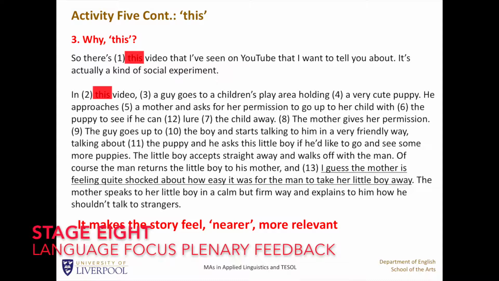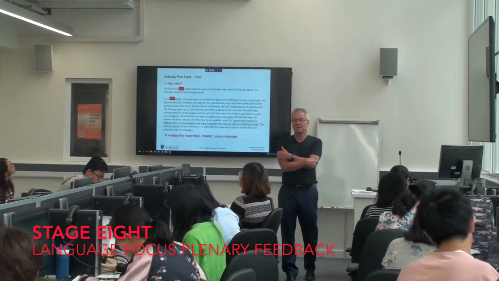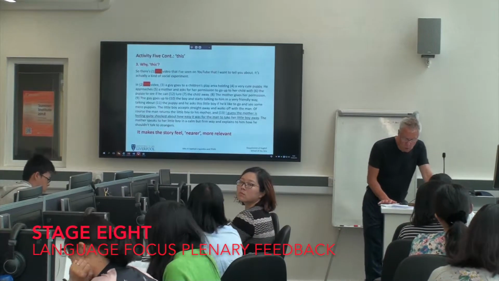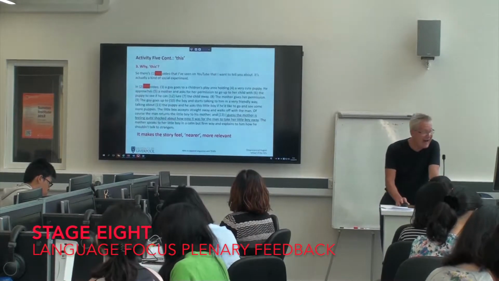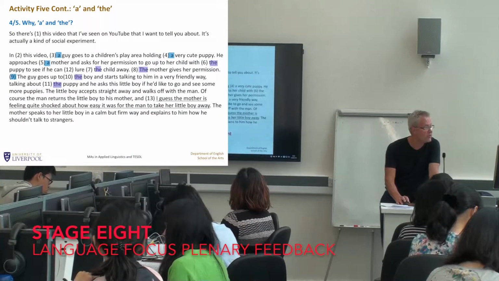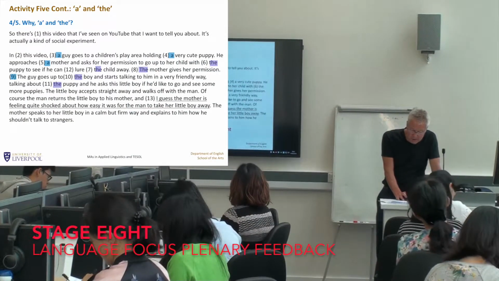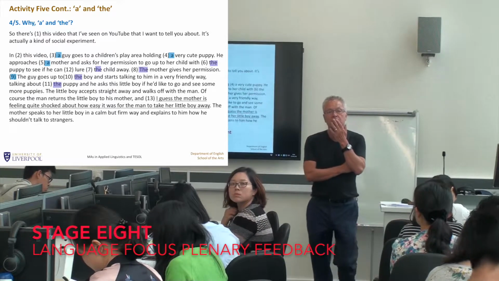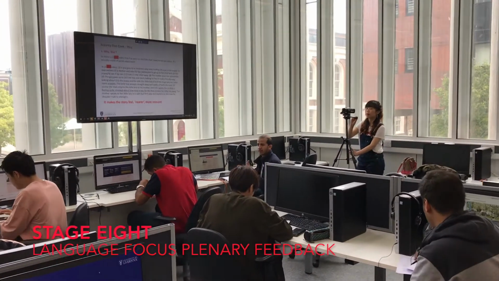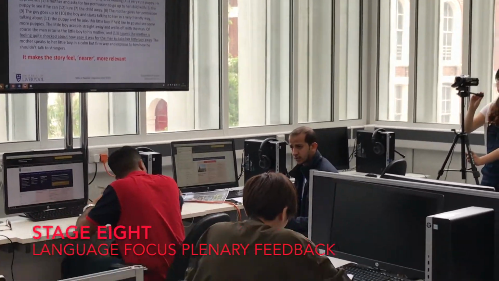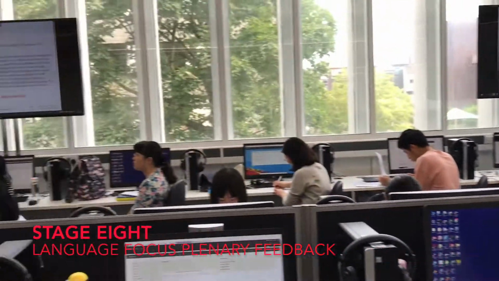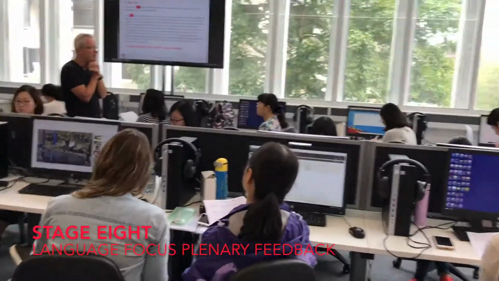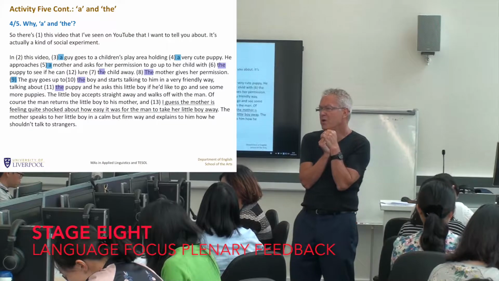Okay, fine. Right, let's have. Abdullah, where's Abdullah? So, Abdullah, why is a used in 3, 4, and 5? And then why is the used later? I think it's related to describing the guy or something like that. Not really, because a and the are connected with adjectives. Yeah, not really to do with description here. It's not really that.